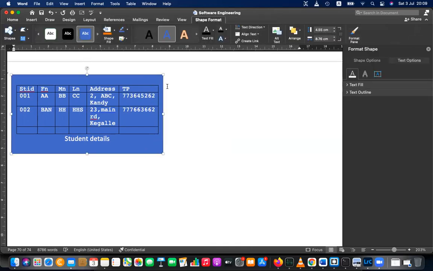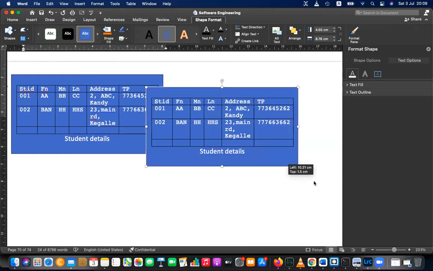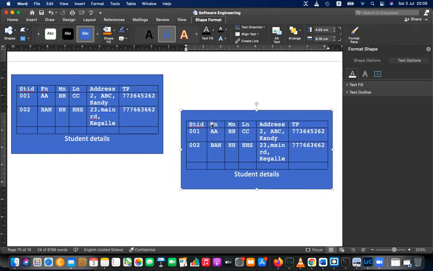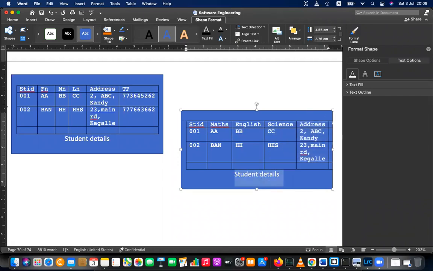There's another file. Let's assume there's another file. In the second file, you have marks: student ID, and you have maths, English, science. Yeah, that's enough. Maths, English, and science marks. This is the marks file.